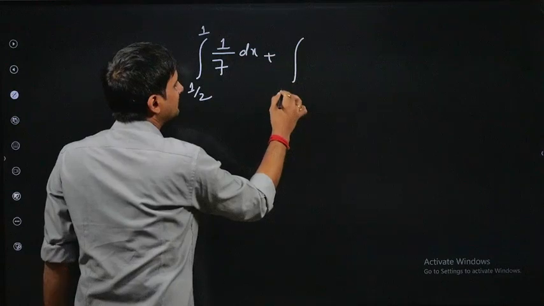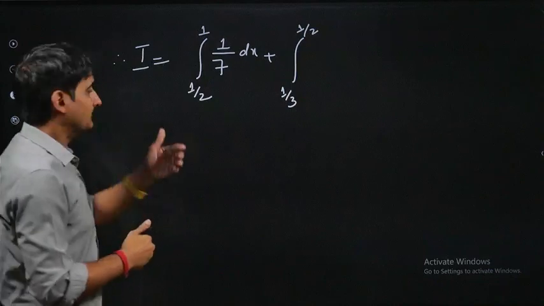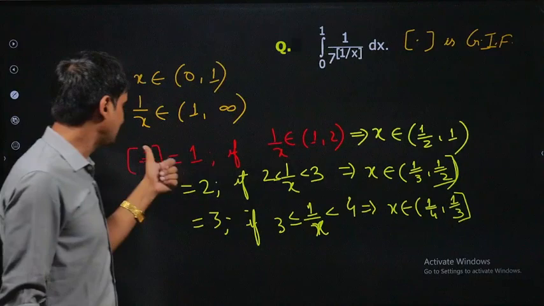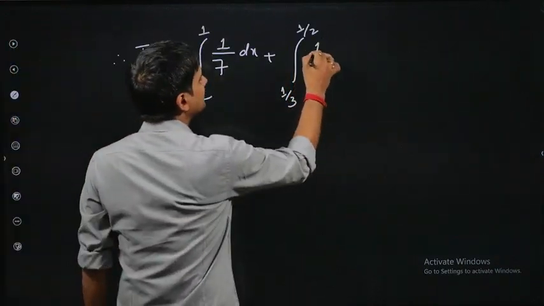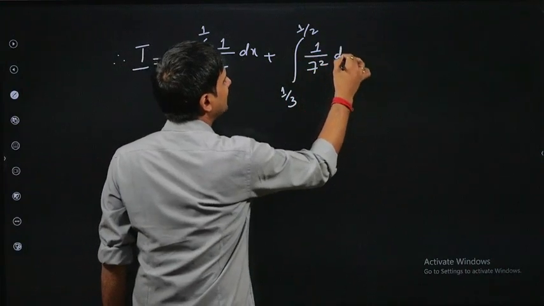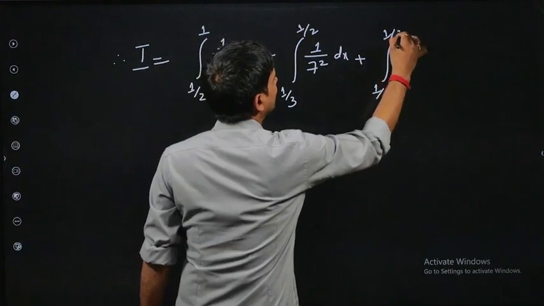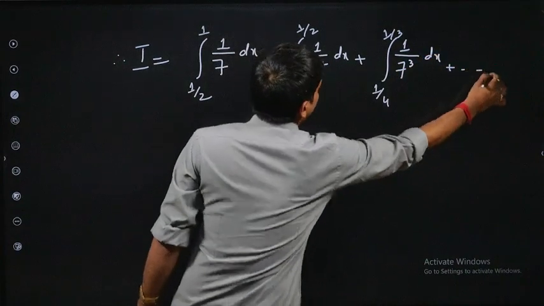Then I will go from 1 by 3 to 1 by 2. So x is between 1 by 3 to 1 by 2. Box of 1 by x is 2 there. So this is the integral of 1 by 7 square dx. Similarly, you go on and on. 1 by 4 to 1 by 3, it will be 1 by 7 cube dx, and